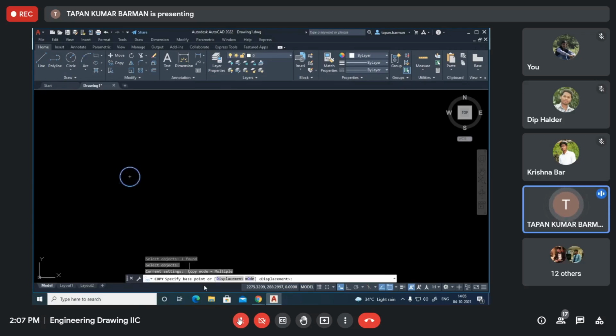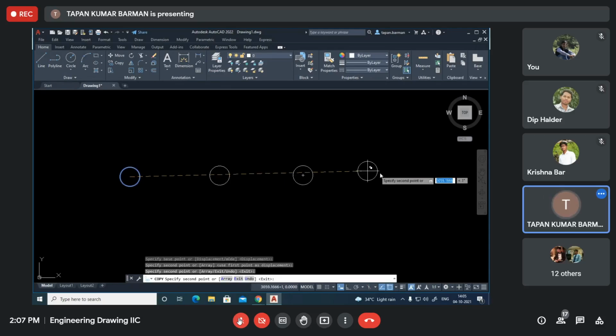Now specify base point or displacement or mode. Specify base point. I select this as the base point. Say 1, 2. If I turn ortho on, in this direction I can copy the objects, right?